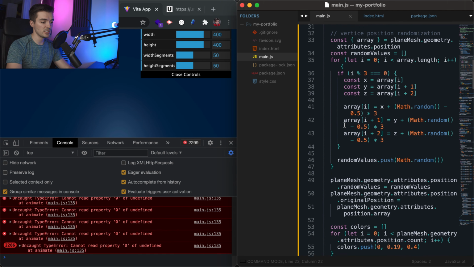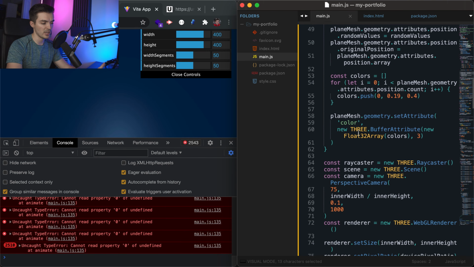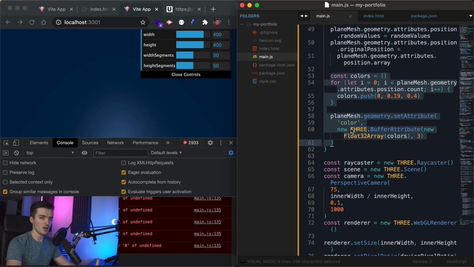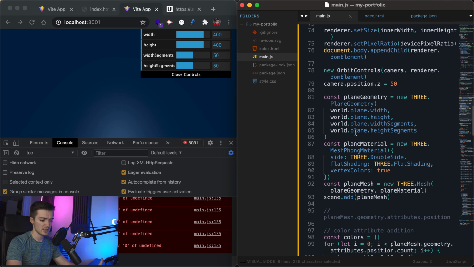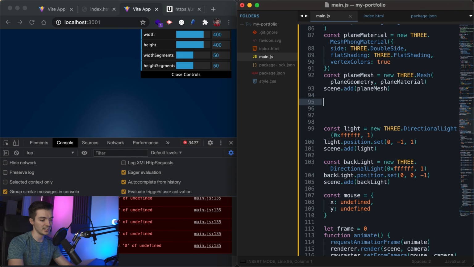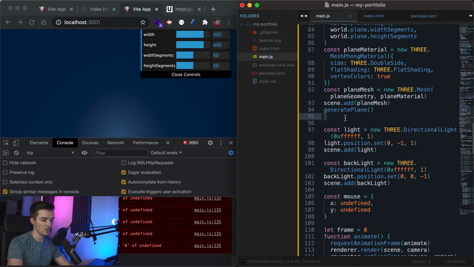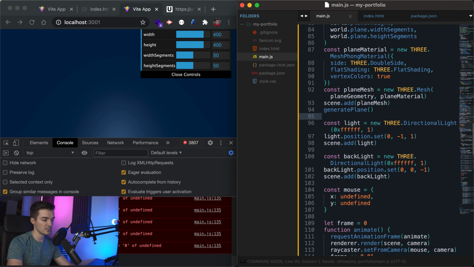So what we need to do is make sure that we call this generate plane function after we actually create our mesh. And if you look inside of this function, we have all of our color setting done right here. Scroll a little further down, we have the exact same code right here. We can just go ahead and get rid of that because we're going to be calling it again using the generate plane function. So after we create our mesh, we're going to generate a plane which has all the randomization in it,